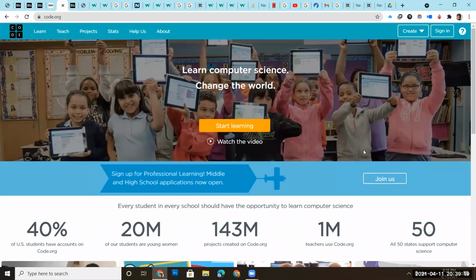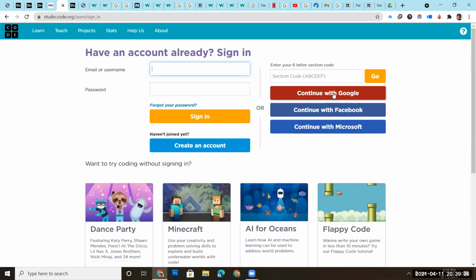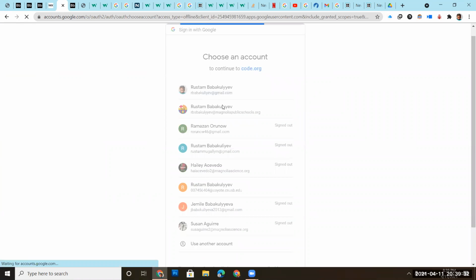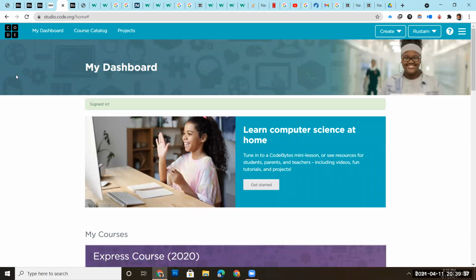On this website, please click on sign in and use Continue with Google, and use your school provided or your personal Gmail account to log in. When you are signed up with Google, as you can see, you will see your name. So you need to scroll down,